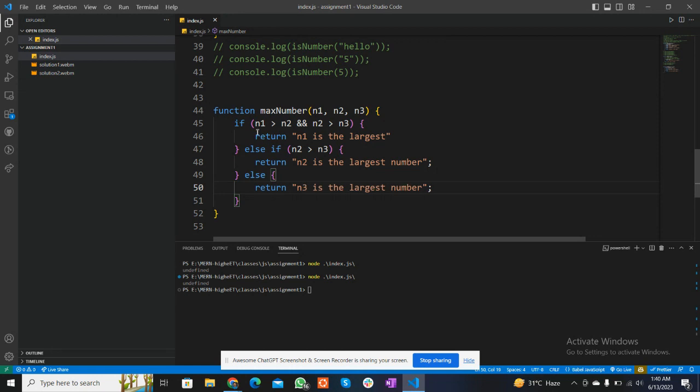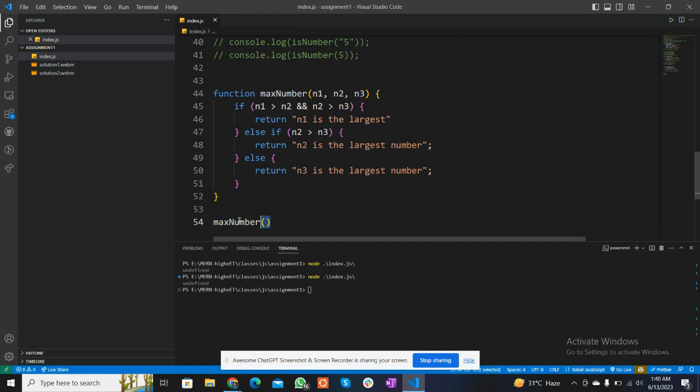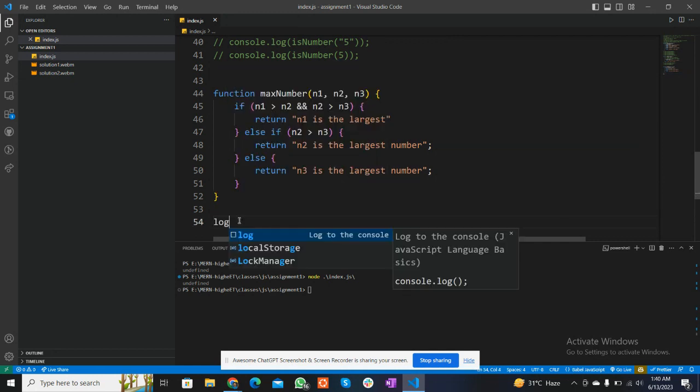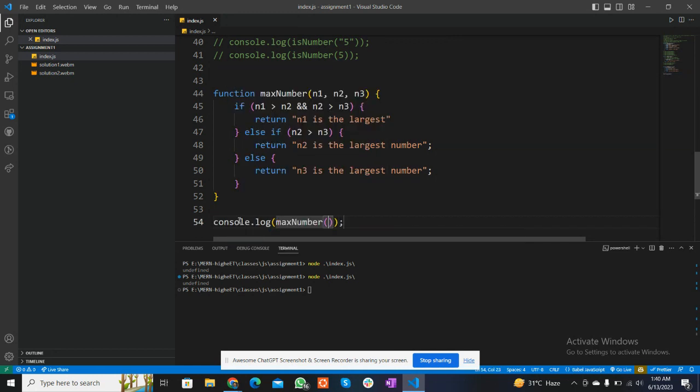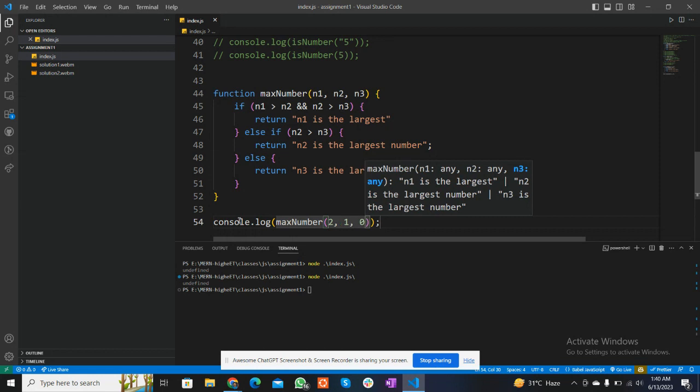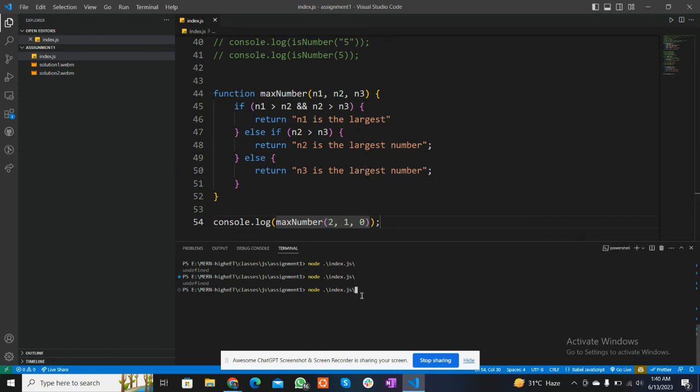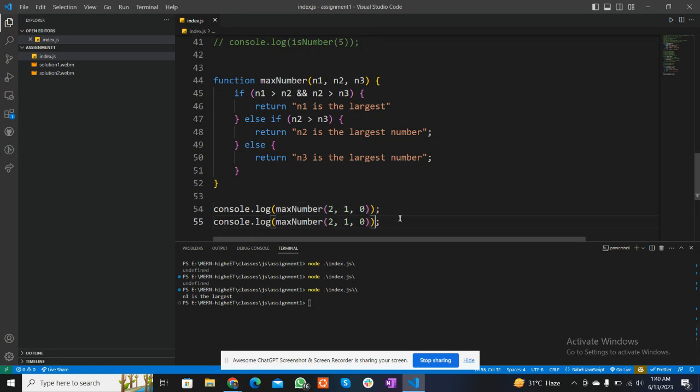Let's write out a few test cases. We can console log the statement, and then we can write, for example, 2, 1, and 0, and run the program. It is saying that n1 is the largest number, which makes sense. Now, what we can do is swap the positions